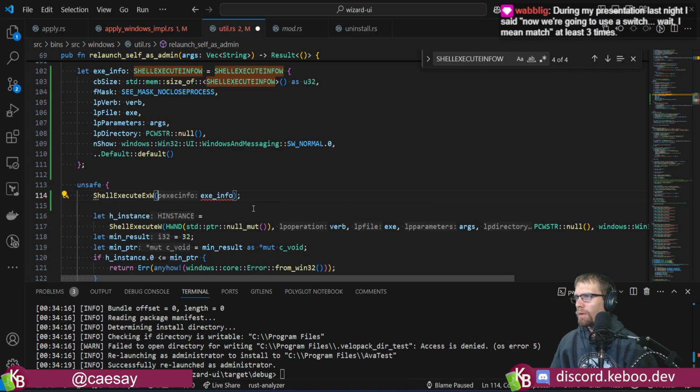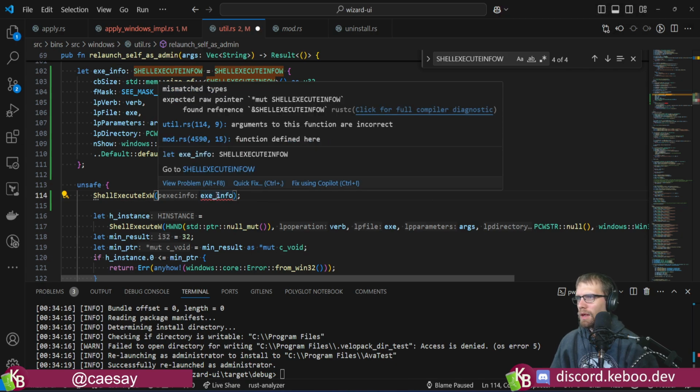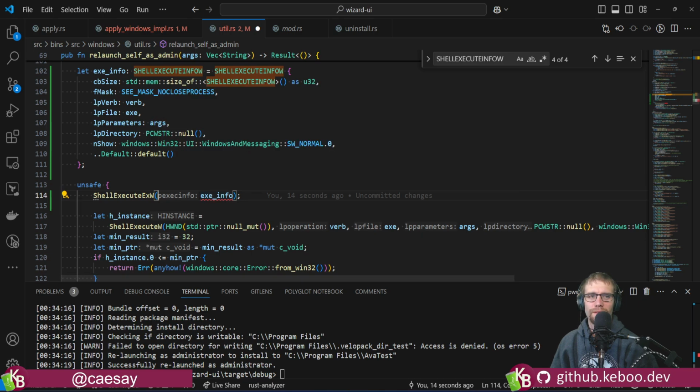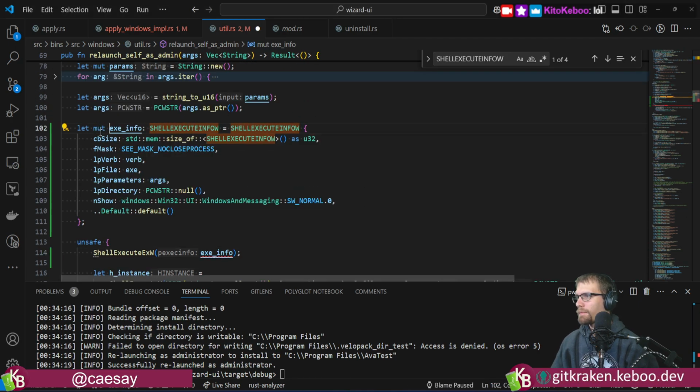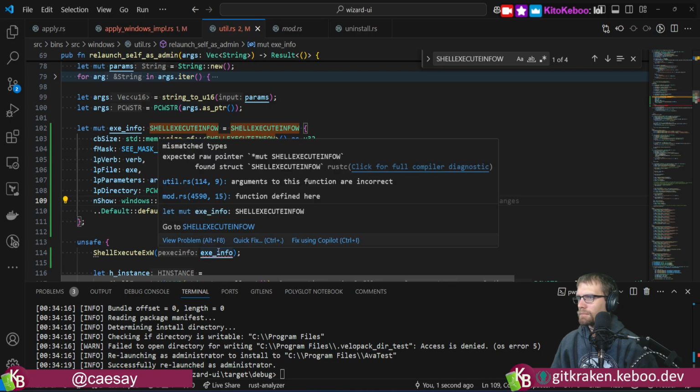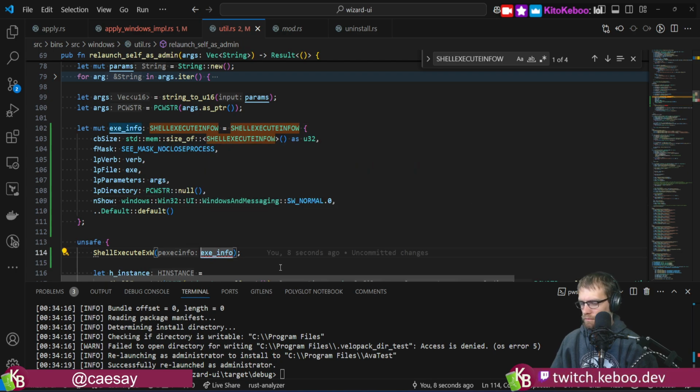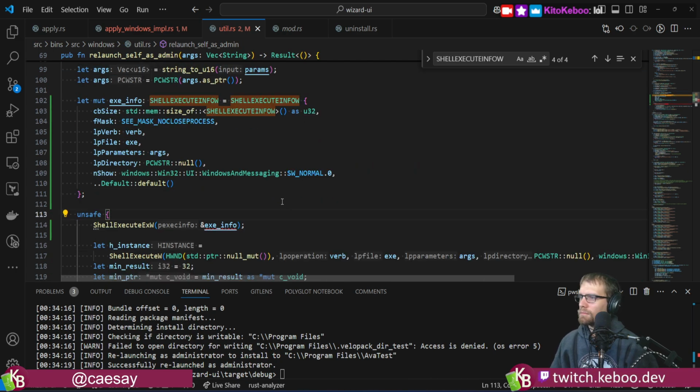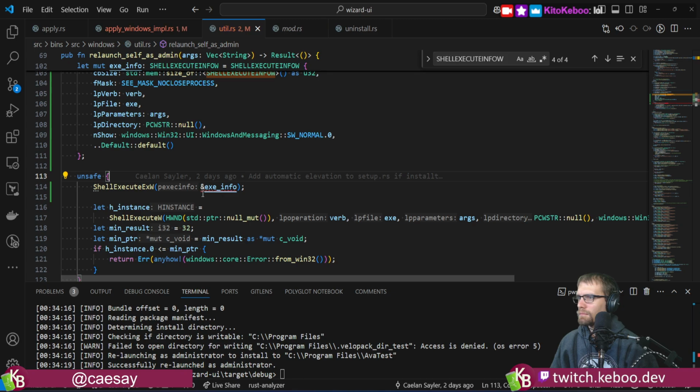Oh, hold up. So it's wanting a mutable pointer to ShellExecuteInfo, right? That's how I should be reading this. So we'll probably need to make the struct mutable by saying let mut first of all. Then we'll need to get a raw pointer from this, which I don't know if you can just do an ampersand here. Well, you can just try that. If it still complains, then we might just have to say as